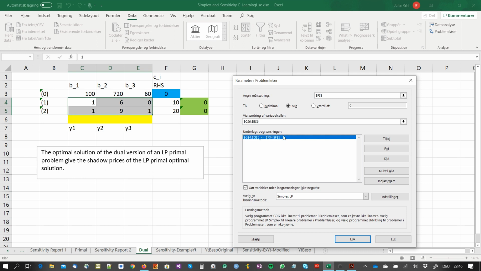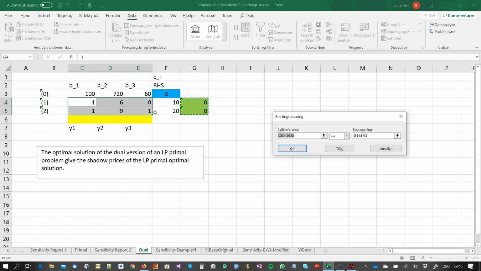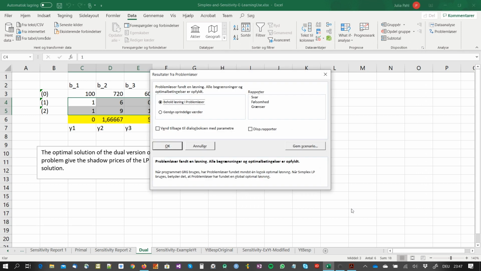And now you see in the constraint that we have the utilization of the resource, and we require this, in green, to be larger or equal to the limitation, or the right-hand side, that we have given in the problem. The rest remains equal, and if we say solve,